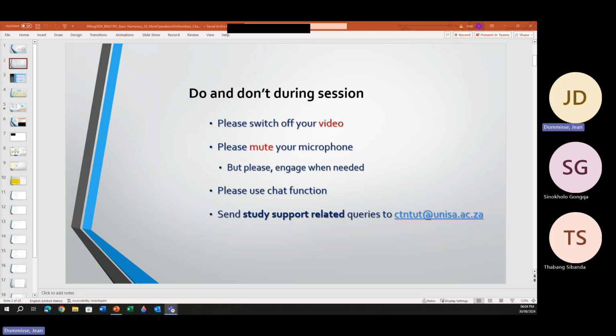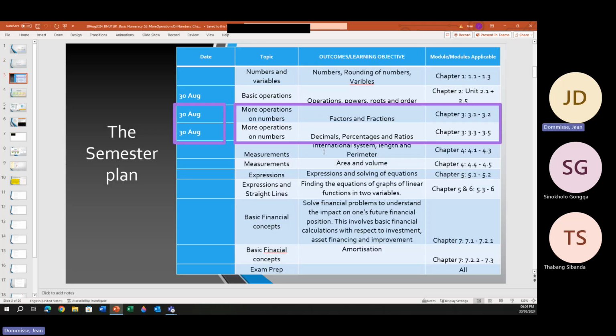Just want to quickly check what is happening. Okay, so at least this is okay. So chapter 3 delves a bit more into more of the operations. With chapter 2 we were looking at plus, minus, multiplication, division. We did a bit of powers, we did a bit of roots, and then there were questions where